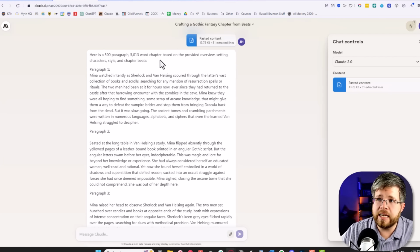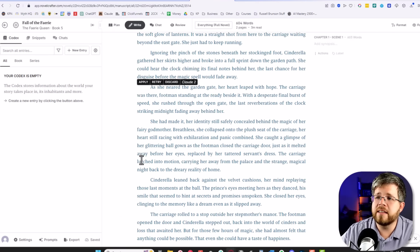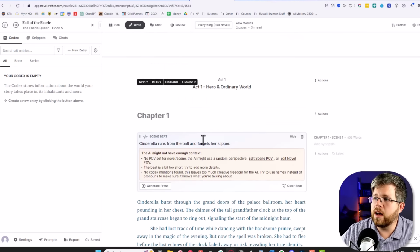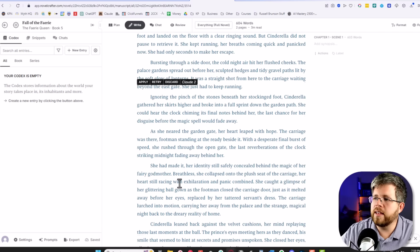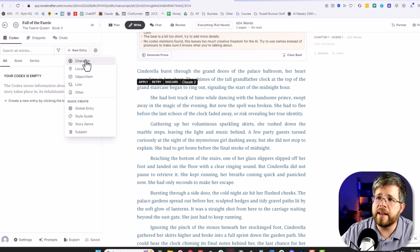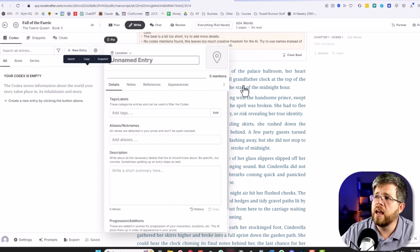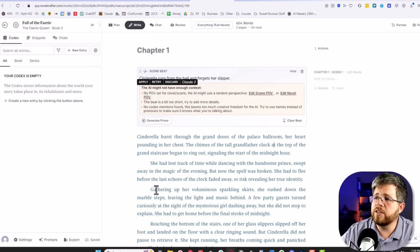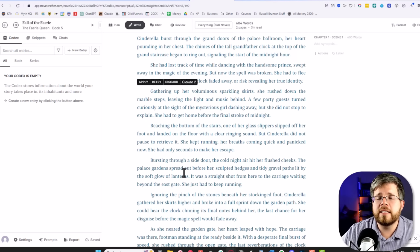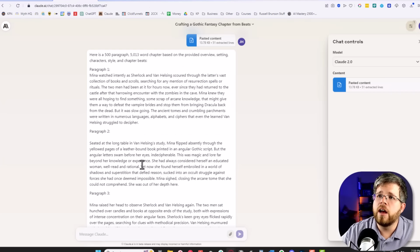However, these days with tools like Novel Crafter, I think this method is a little bit less efficient. Because with Novel Crafter, you're able to do basically everything that a super prompt can do. Over here in the codex, you can add characters so that it knows about the characters. You can add locations for the setting. And there's all sorts of different things you can do to get the same effect, but you're editing it as you go,